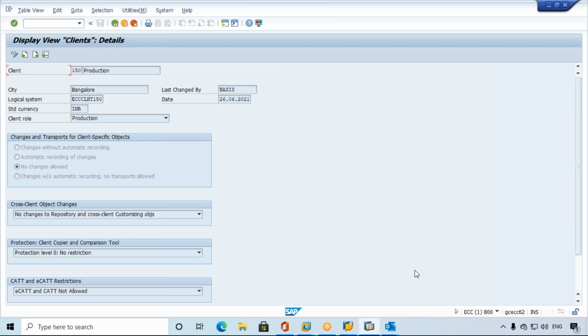Once we open any user profile, except me, other users are not able to access it because the user is locked for me while I'm doing some changes. In the same way, I'm accessing the 150 client. That's why the remaining people are not able to access the 150 client, because that is locked for us until we come back to the window. So that is locked. So this is a big issue.